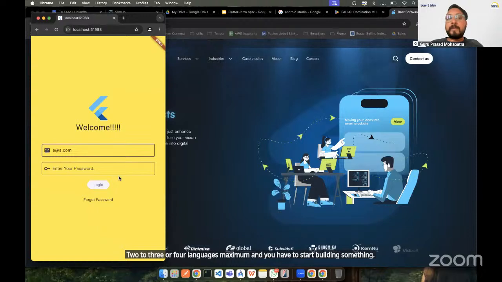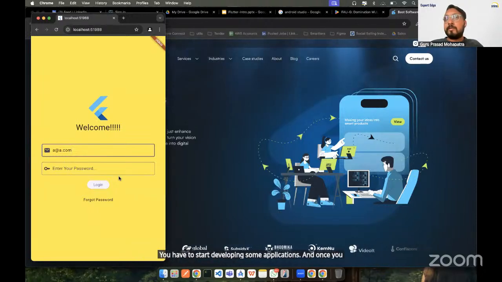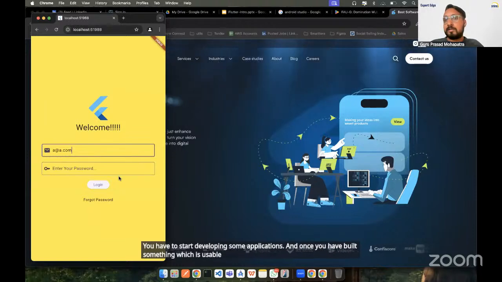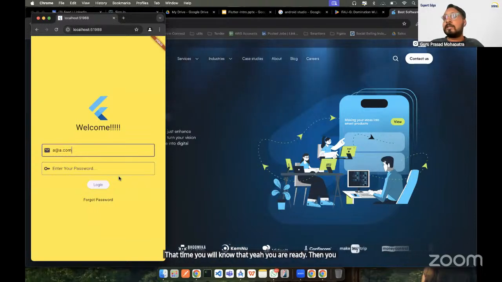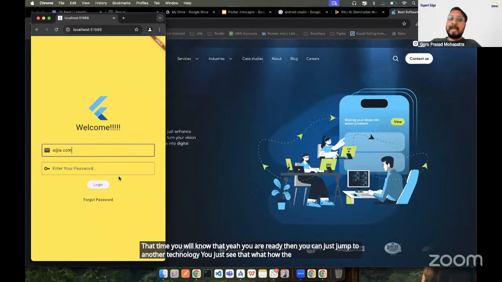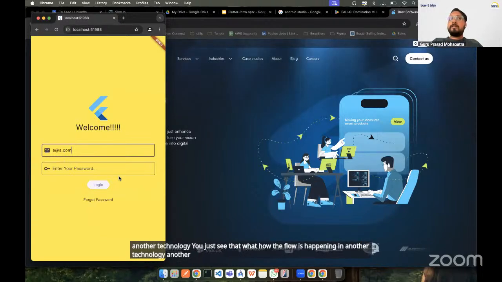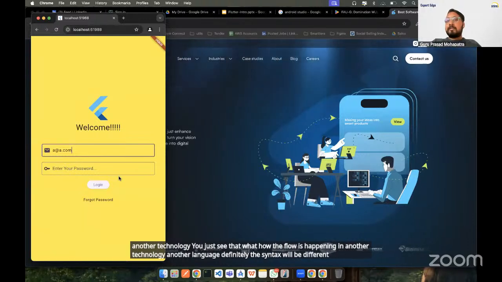You have to start developing some applications, and once you have built something which is usable for the users, that time you will know that yeah, you are ready. Then you can just jump to another technology. You just see how the flow is happening in another language. Definitely the syntax will be different, but the logic will be the same.